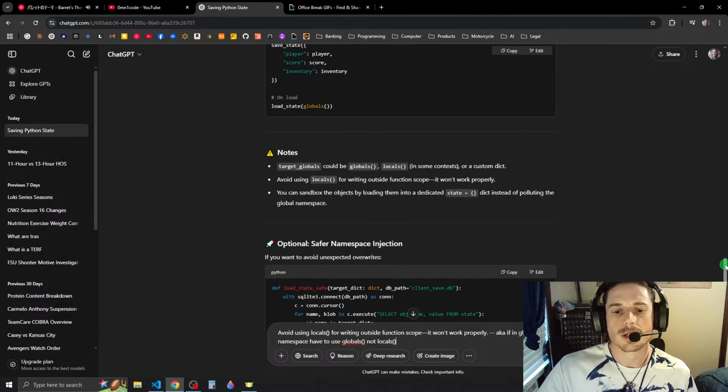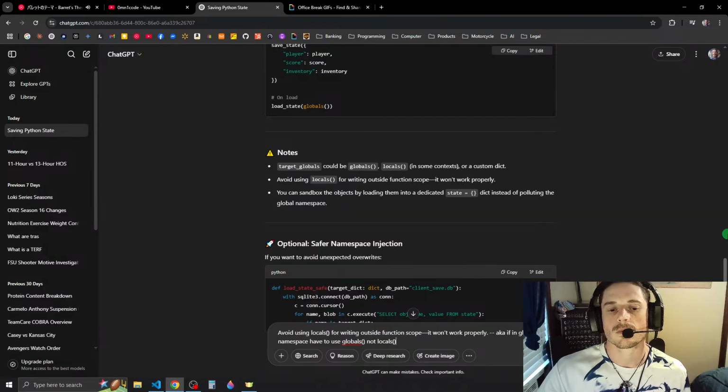You can sandbox the objects by loading them into a dedicated state dict instead of polluting the global namespace.